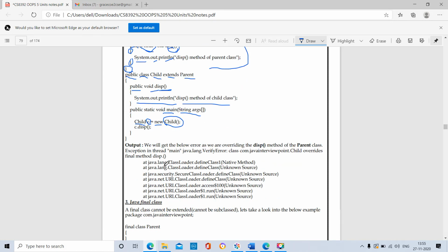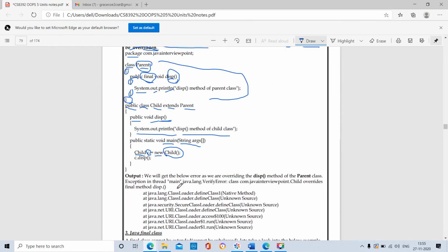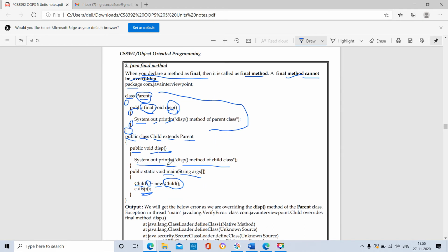So C is the object present inside the class child, dot display, semicolon. Okay, see here we will get the error. This program will not run. We are getting the error because the display method can't be overridden by the children class, because the display method is declared with the final keyword. Final keyword means this method will not be used by others.